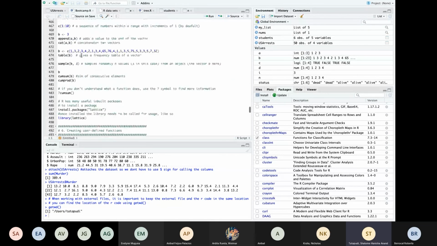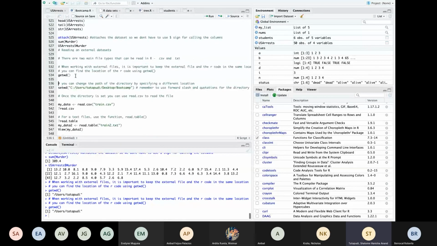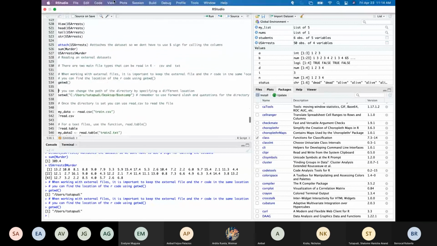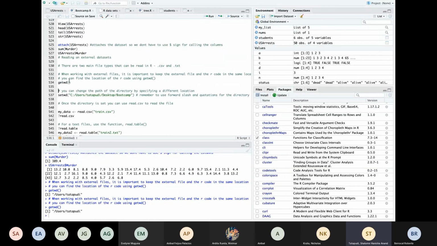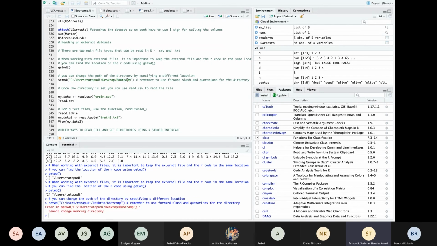Right there. And now if I get the working directory, it's still working on users and Tatapuri. So I want to set it to the working directory that I'm working in. Right now I'm working on my desktop in a folder called Bootcamp. So I'm going to,